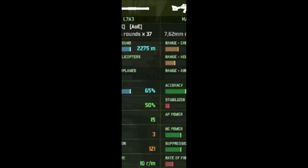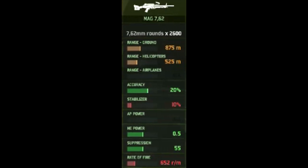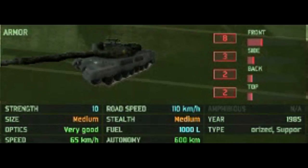And secondly, we got a machine gun on top of the tank, a 7.62 machine gun. And if you take a look at its miscellaneous stats, it's 8 frontal armour, 3 on the side, 2 out back and 2 up top. 10 HP, medium size, and optics are very good, as it is a reconnaissance tank, at a speed of 65 km an hour and 110 while on road. Also, because it's a reconnaissance tank, it does have a little bit of stealth capability and a very good autonomy of 600 km. Now, it is year restricted to 1985, and it can be brought up in mechanised, armoured, motorised,